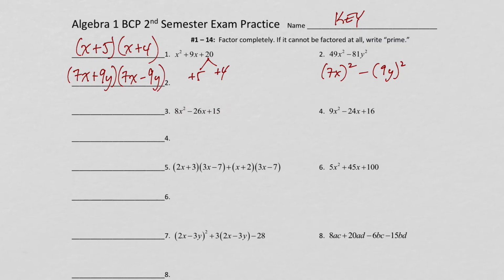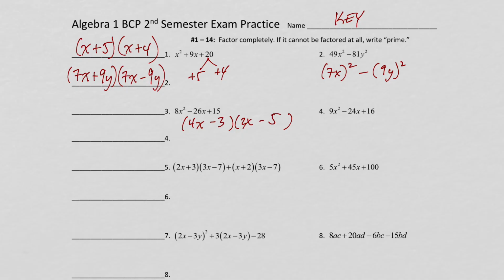Okay, there's a lot of ways to do this. This might be 8 and 1, but I'm going to try 4 and 2 first, and I might have to go back and go to 8 and 1. And this could be 15 and 1, but I'm going to try 5 and 3 first. But I do know that both of them have to be negative. So if I put the 5 here and the 3 here,